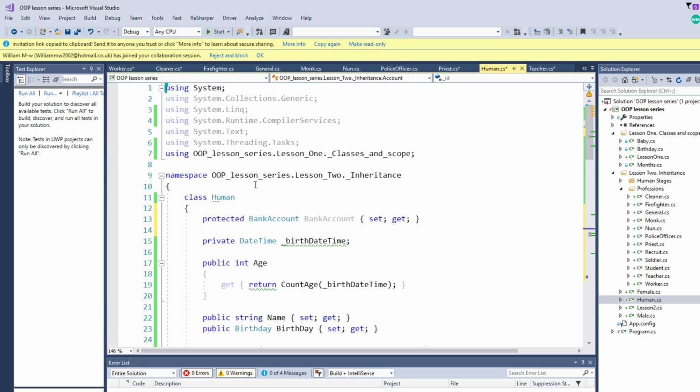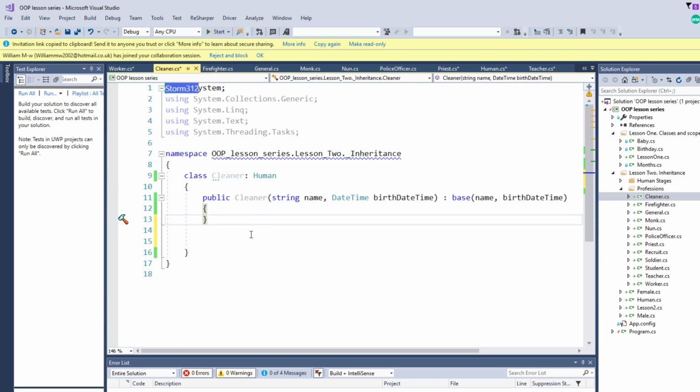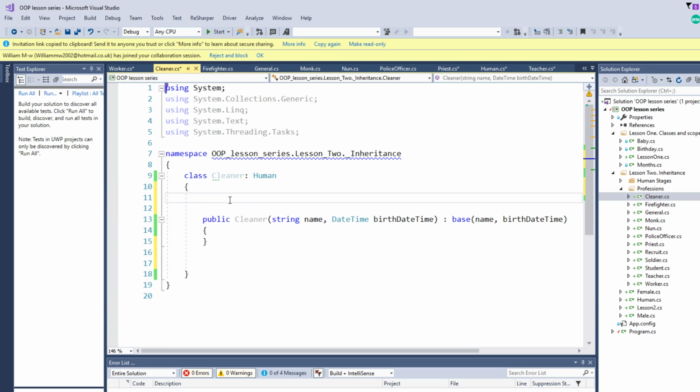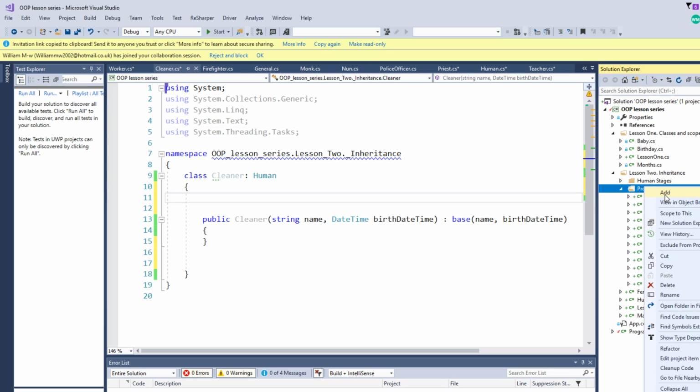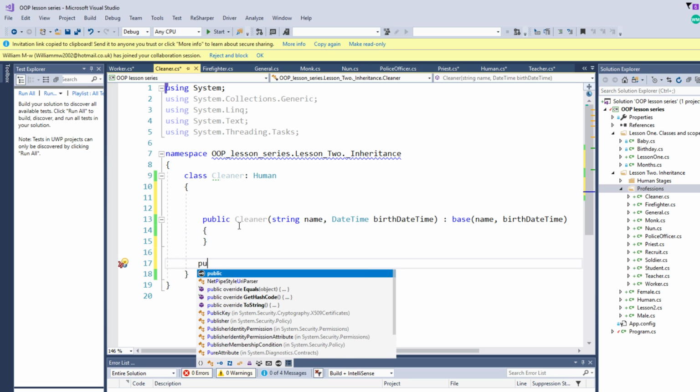So why did I write this? Protected bank account. A human has a protected bank account. We don't want to expose this to the public. If you go to a cleaner class, and for a cleaner, it doesn't really, well, sure, it does make sense. If you go to a cleaner class, you can say public